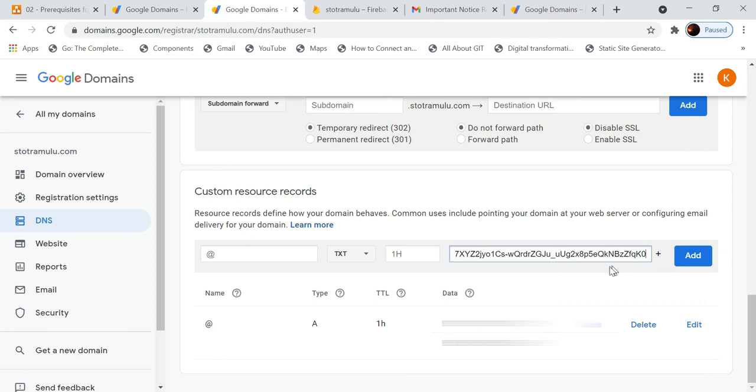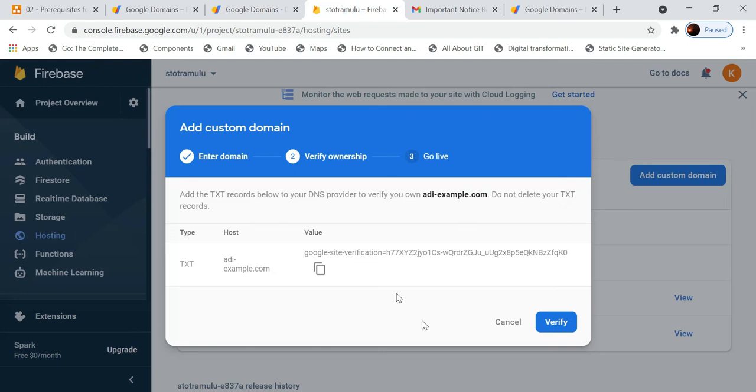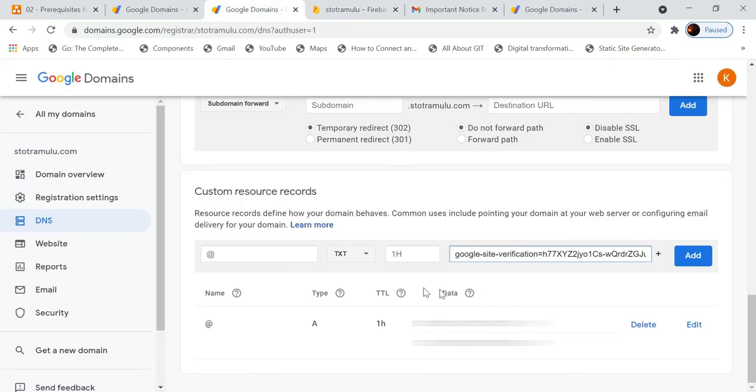Then what happens is Firebase will query the place where all these domain names are registered, and it will search for this value, whatever it has given here. This value you have already added in your domain, so it will get that value.